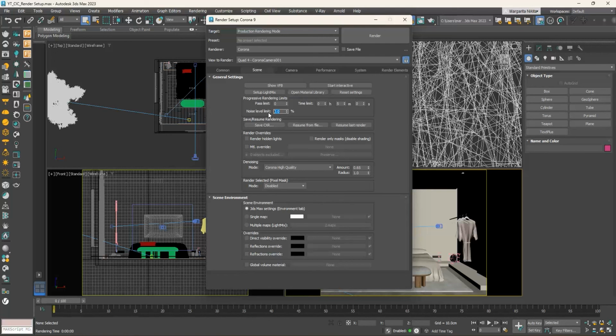The lower we set it, the cleaner the image we get, but at the same time the longer it needs to be calculated. Personally, I set the noise level to 3%. The software will render the scene until one of these reaches its limit first. So, if for instance I set here 5 minutes and a noise level of 3% and press render,